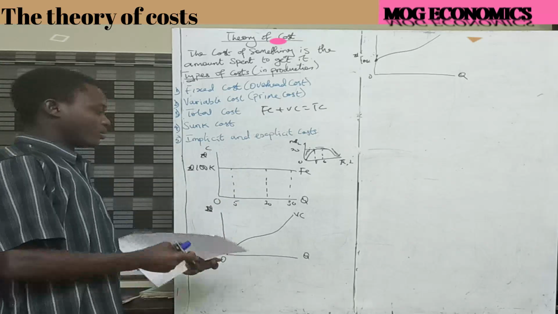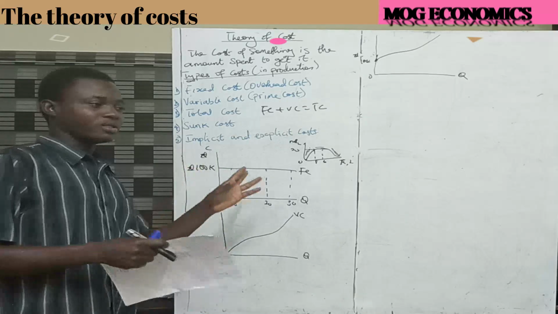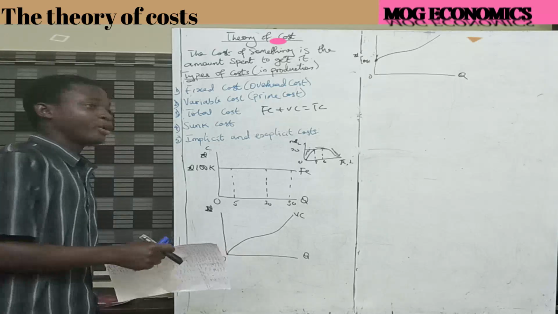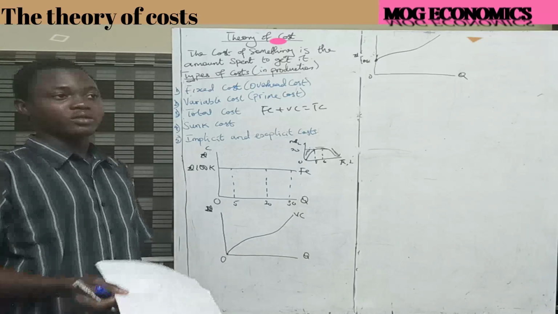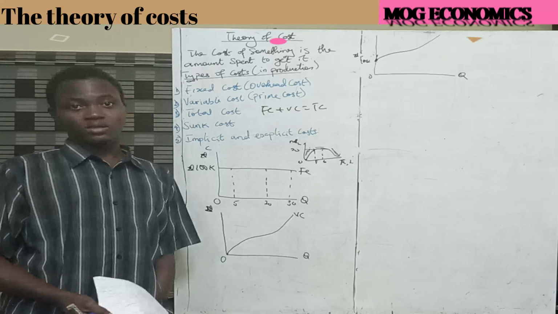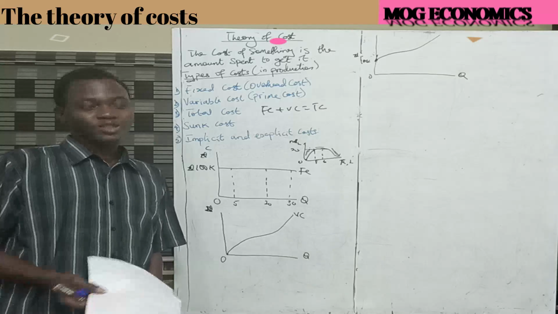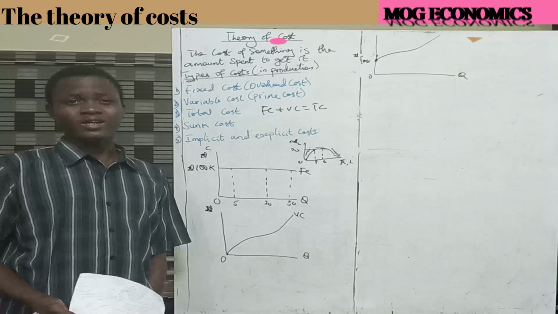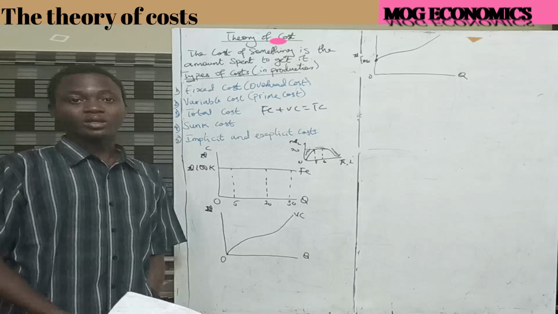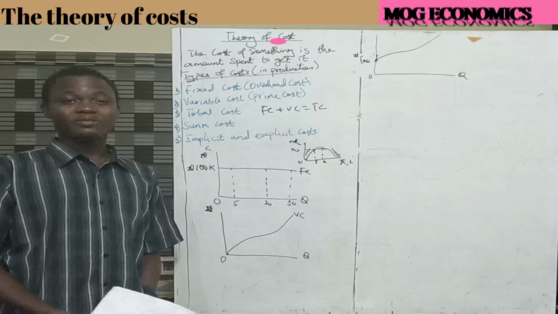Now there is something I also want to note here: this kind of cost that we are treating refers to the short run. What is short run? Short run is just a period where at least a factor of production is fixed. So at least something, if you want to increase your level of output, is like a constraint that wouldn't make you able to increase your level of output. Let me not say increase, but vary.